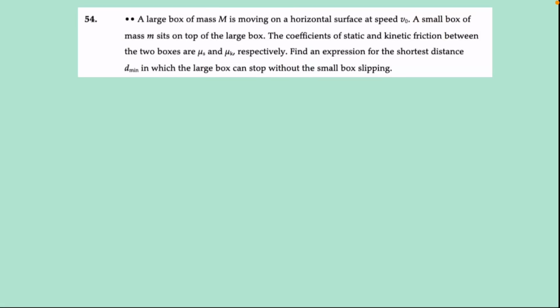Mass m is moving on a horizontal surface at speed v naught. A small box of mass m sits on top of the large box. The coefficients of static and kinetic friction between the two boxes are those two symbols, respectively. Find an expression for the shortest distance, d min, in which the large box can stop without the small box